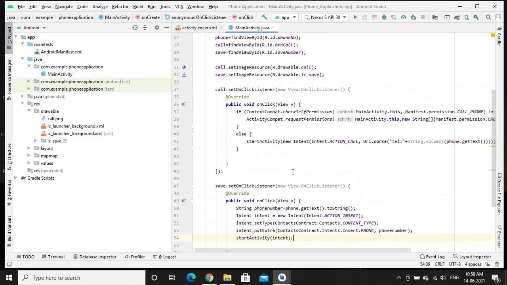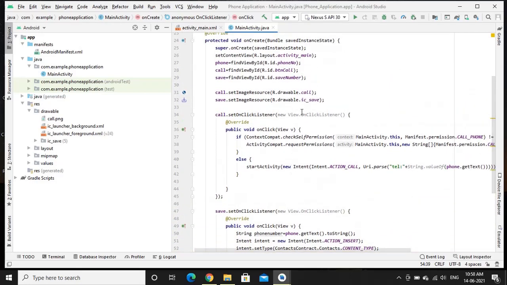Now it is ready to run. We will build the application and we'll see whether we get the desired output. Run the application.